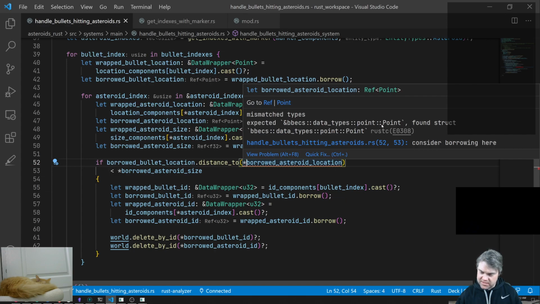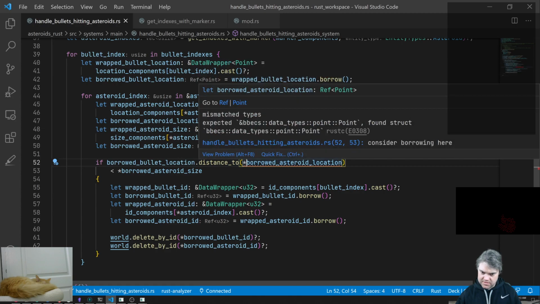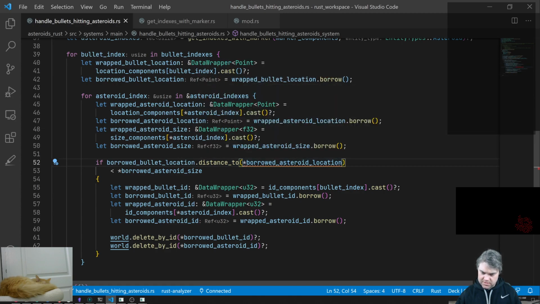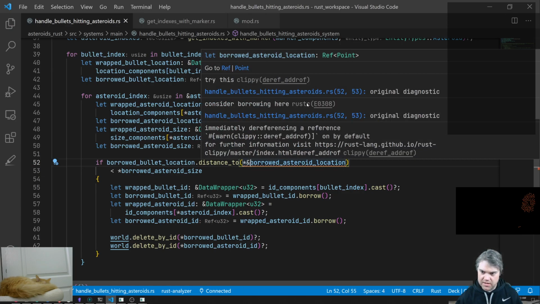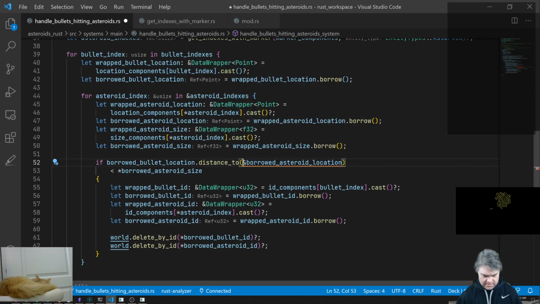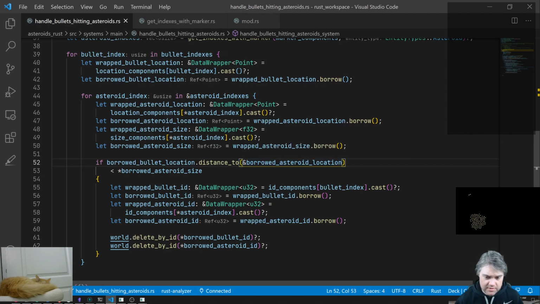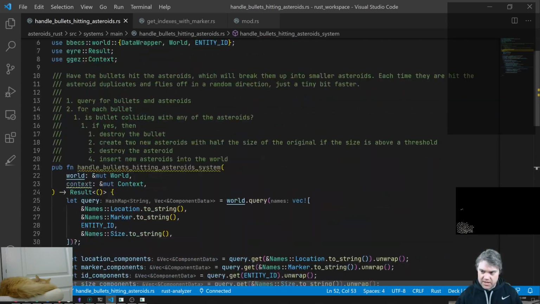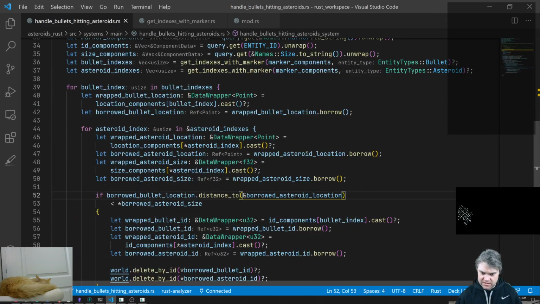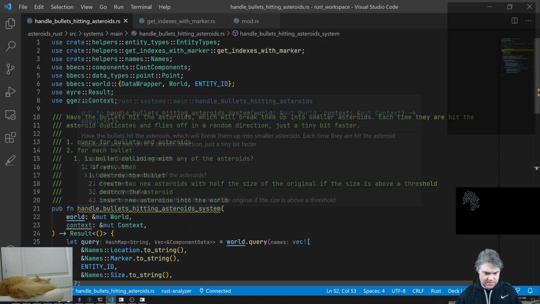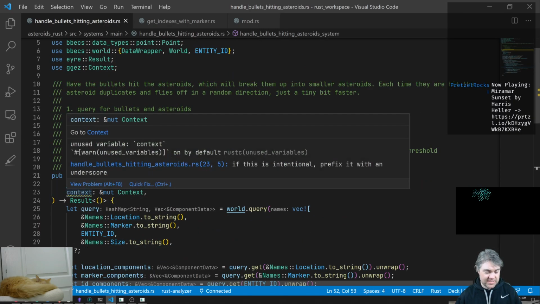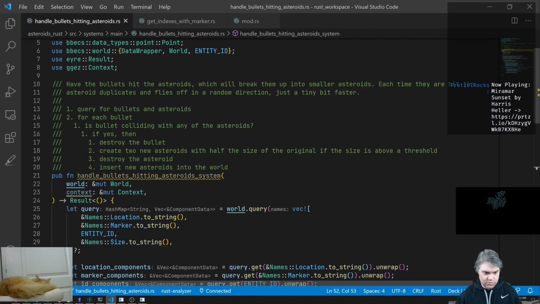Expected a reference to a point, found a struct point. Oh, maybe, hold on. Consider... oh, that works. Okay. That makes you happy. Then all we're yelling at here is just that. Where's the other? Oh, context is not being used. You will be, but